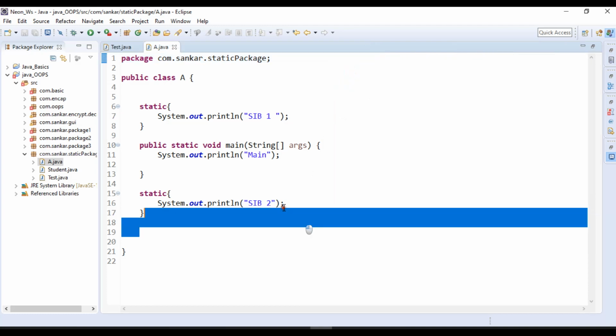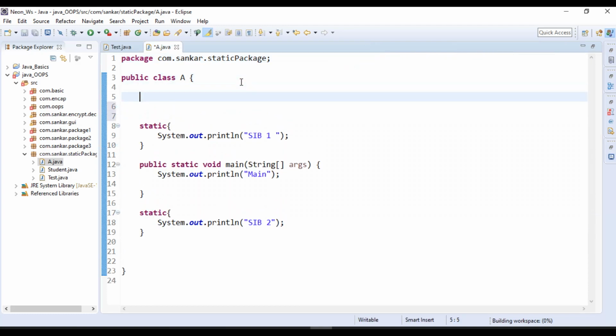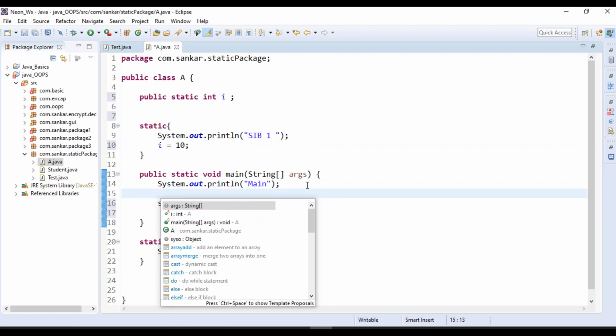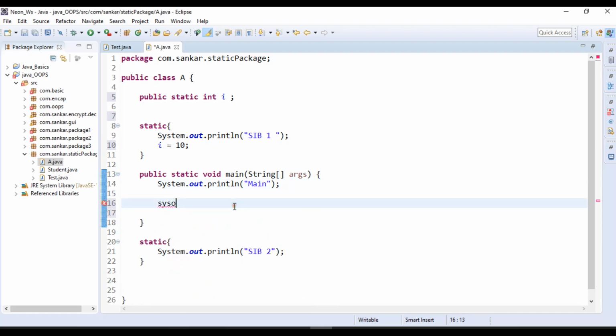See, like this. So why are we using this static block? You have a question, right? The name itself is telling us: static initialization block. Suppose you have some static variables, public static int. For the static variables, you can initialize them in this static initialization block. See, like this you can initialize. The name itself is telling, right, static initialization block. We can initialize static members, everything we can initialize here.